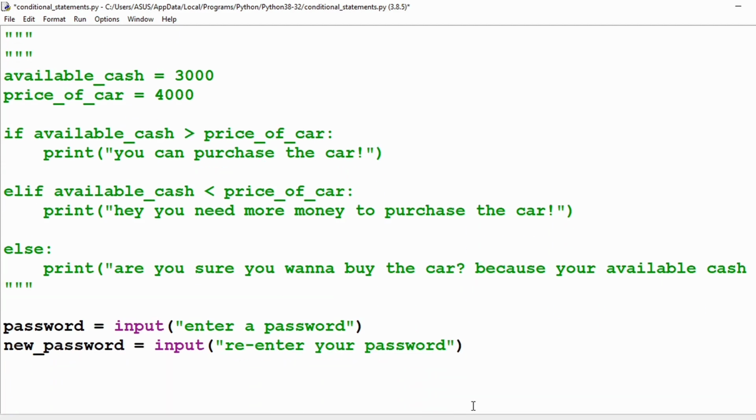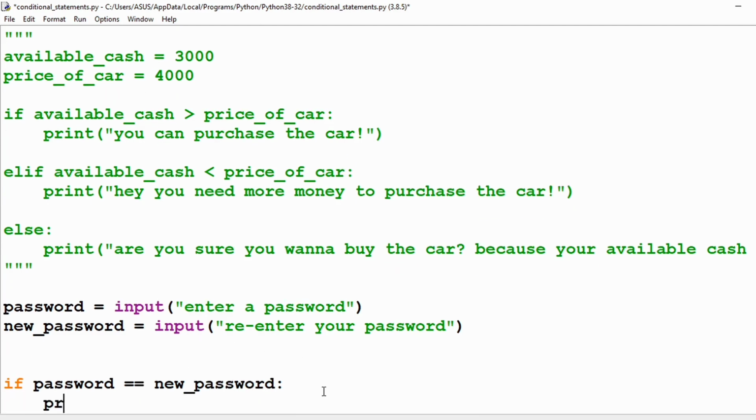I wanna say if password is double equals to new password. So I'm gonna check if whatever I inputted is the same as the other one. So I'm gonna say if password, let's say print you're welcome,